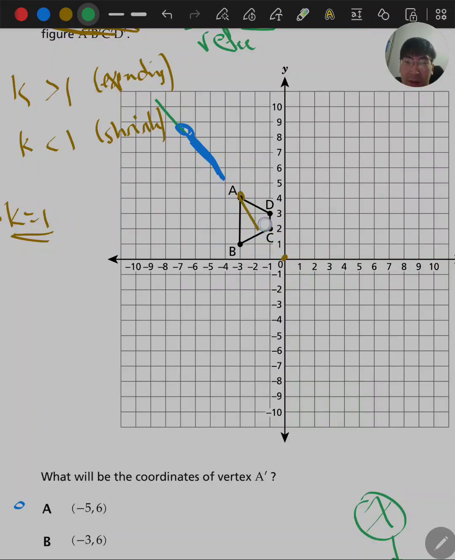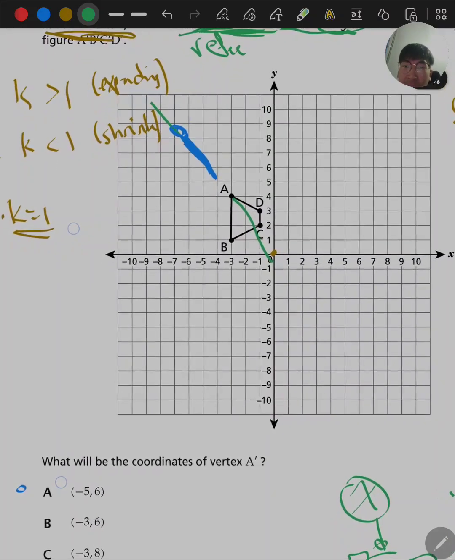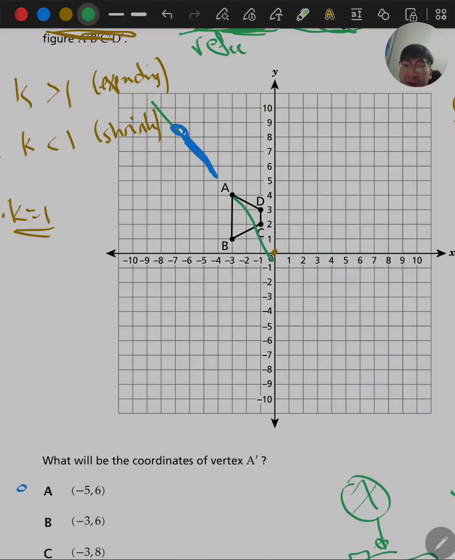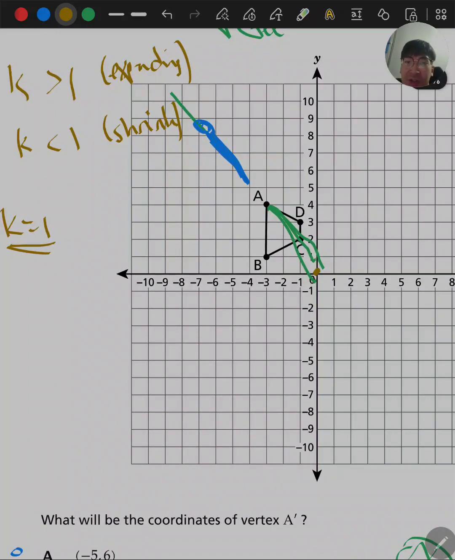If you do the math, this is going to be 5, because negative 3 squared plus 4 squared, and then you take the square root. So that's going to be 5. And then when you multiply it by the dilation factor, the scale factor k, where k is equal to 2,